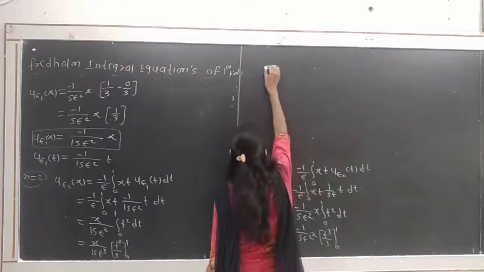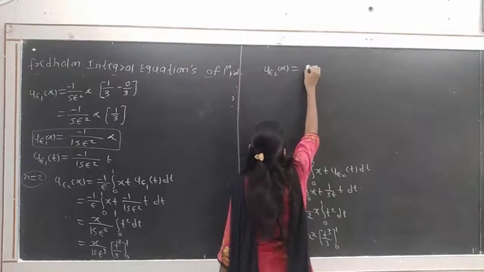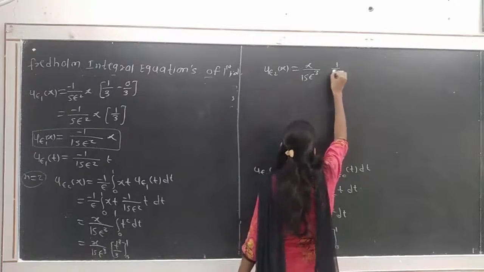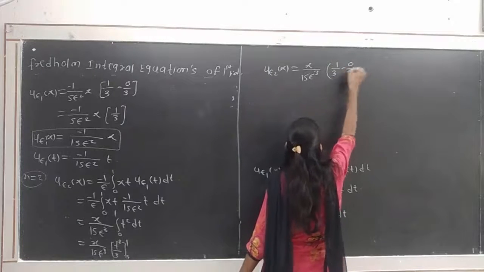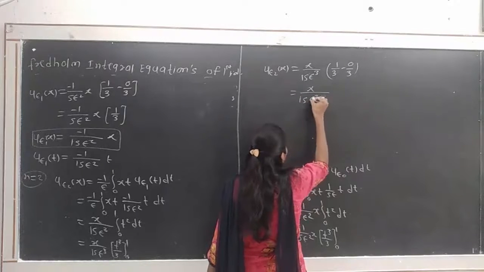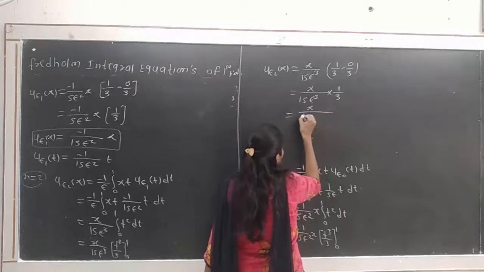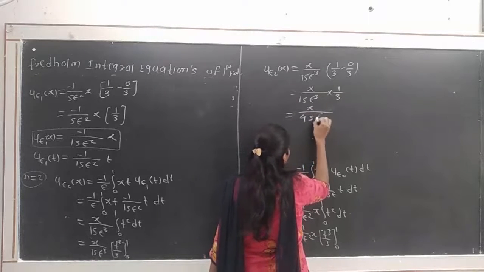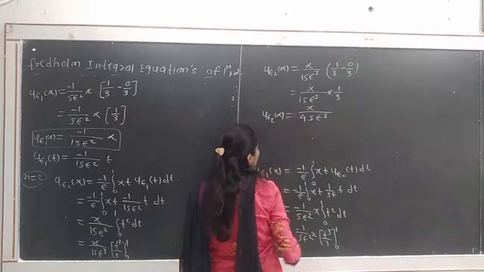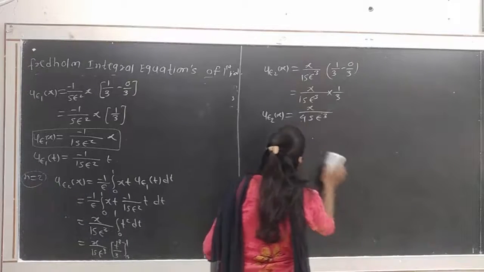So we get u epsilon 2 of x is equal to x divided by 15 epsilon cube, and by putting limits 1 by 3 minus 0 by 3, that is we get x divided by 15 epsilon cube into 1 by 3, that is x divided by 45 epsilon cube, which is the u epsilon 2 of x. Okay, so continuing in this way, if we find the next component,